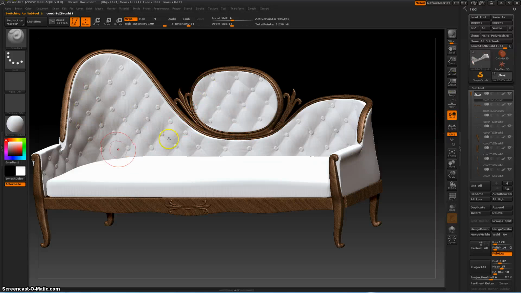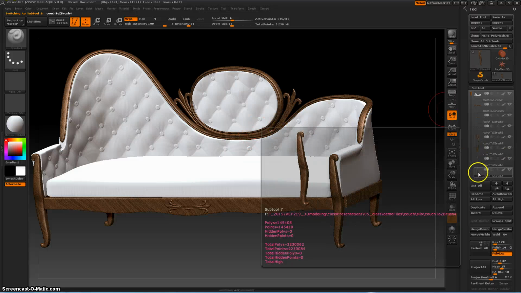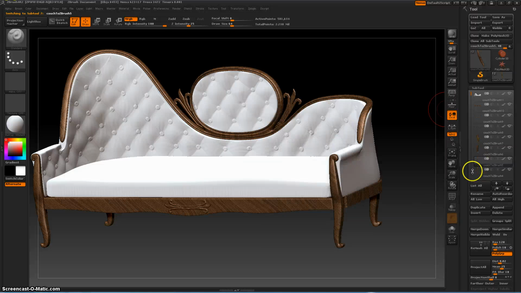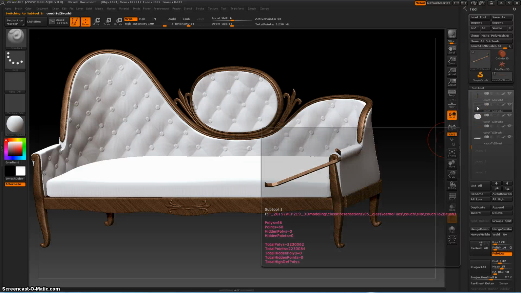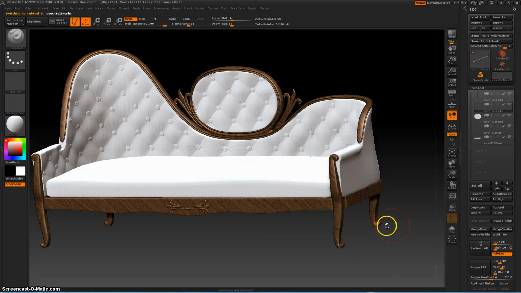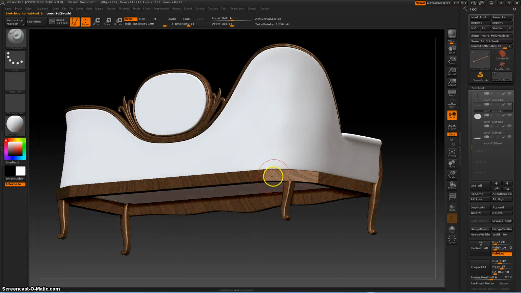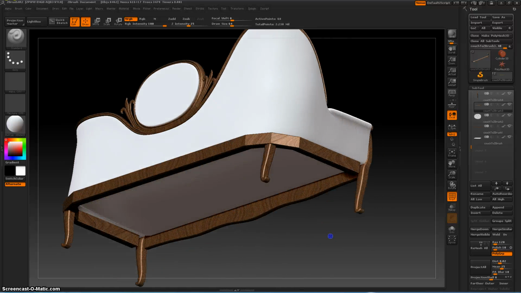Anyway, now I want to start painting on this. I'm just going to do one chunk and then you can figure it out from there. As a reminder, first things first, I'm going to go to something I know doesn't have a ton of polys in it. This back piece, when it's highlighted, you can see it's very angular. That's representing this piece here. It's not subdivided. If I hit Shift F, you can't really tell, but there's not a lot of polys on this. If I try to paint this with a red color or something,